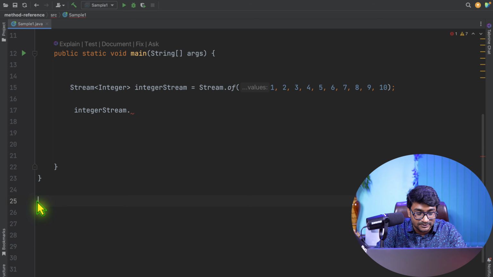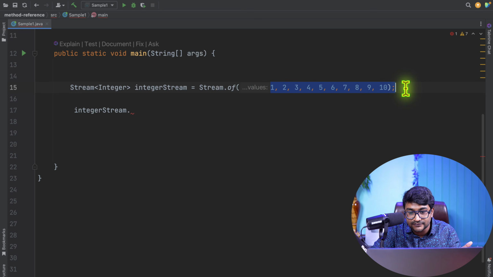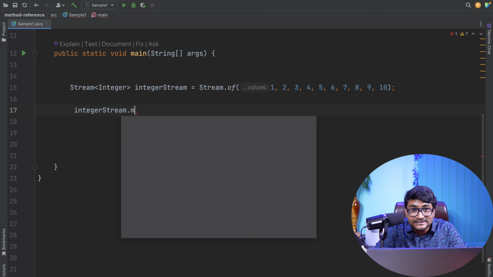Now, if this is possible, this is also possible, right? We have a stream of integers. Can we convert it to an IntStream? Absolutely, that's possible. So how to do that? Inside this integer stream, one object will come. As I told you before, a stream of integers holds all these values, so internally the compiler will convert all these values to Integer objects. One object will come, like 1 will come, then 2, then 3, and it'll go like that. Once one value comes, there is a method here called